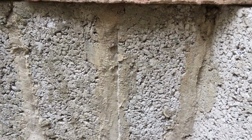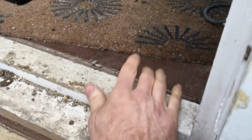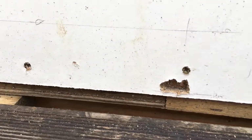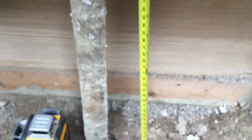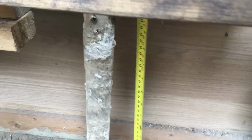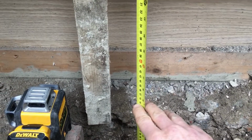up a horizontal. My datum point for the horizontal is the floor inside the existing building. So I'll come out here and make this notch at that level, and then set a tape measure on it. I know that the top of the first course of blocks needs to come in at 490mm below floor level,